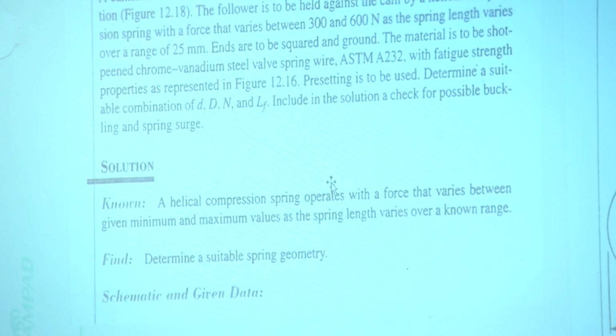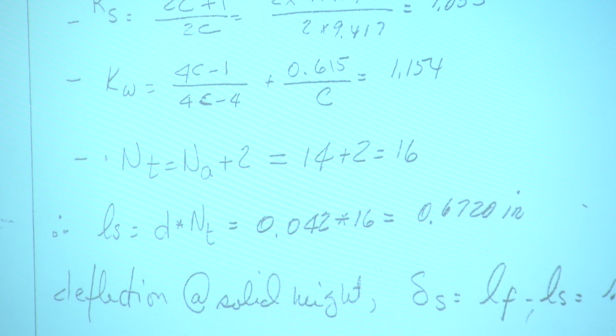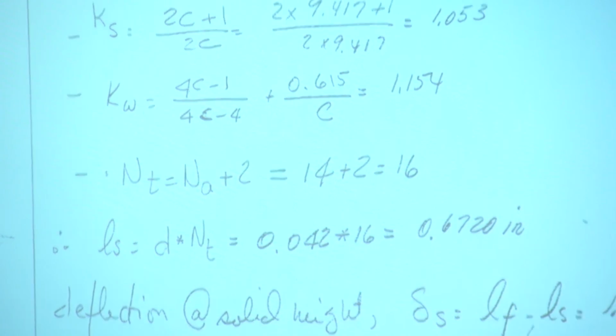So the load on the spring varies from 300 to 600. And you should read the problem very carefully, because they give you, in most cases, a lot of good information, of course, but sometimes they give you something outright. For example, in this problem, if you read it, table in the book, you're free to do that.